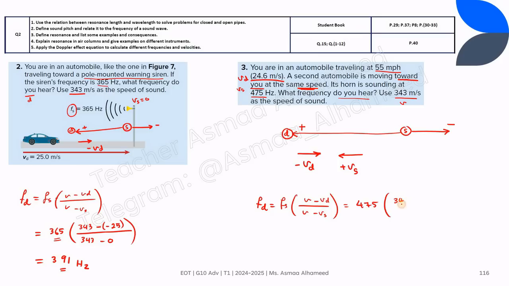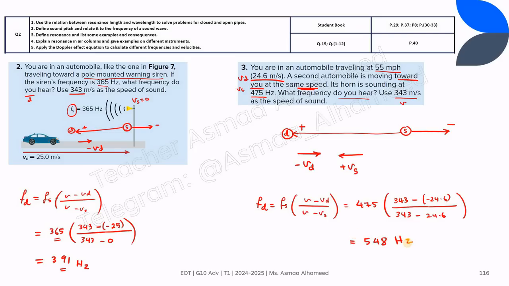Then 343 divided by 343. Now we have negative 24.6 divided by 24.6 for the source speed, and the answer will be